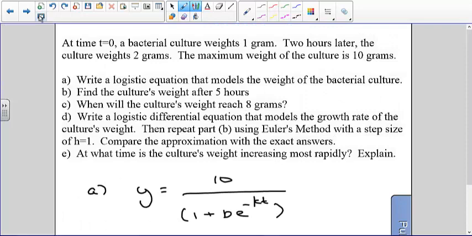So here's the problem. Don't try to write it all down; as we go along, you can write it. But you can write down the initial description. So this is a bacterial culture, but it has a maximum weight of the culture being 10 grams. So you grow it in a little petri dish or something, and you know that it can't get too big,